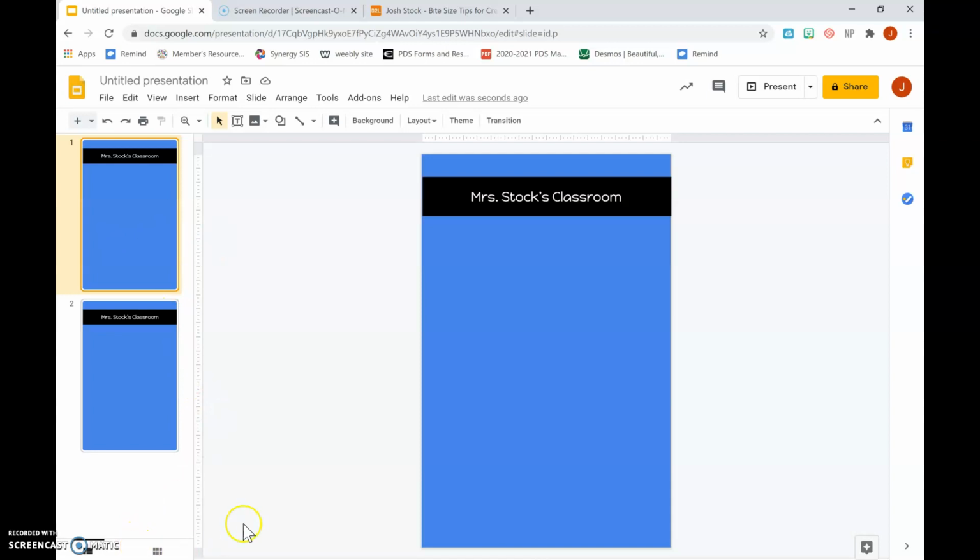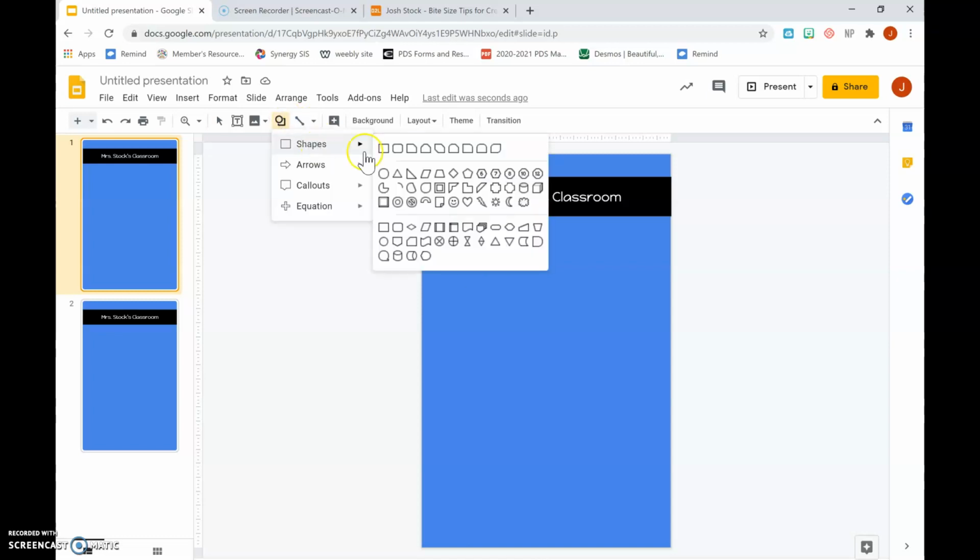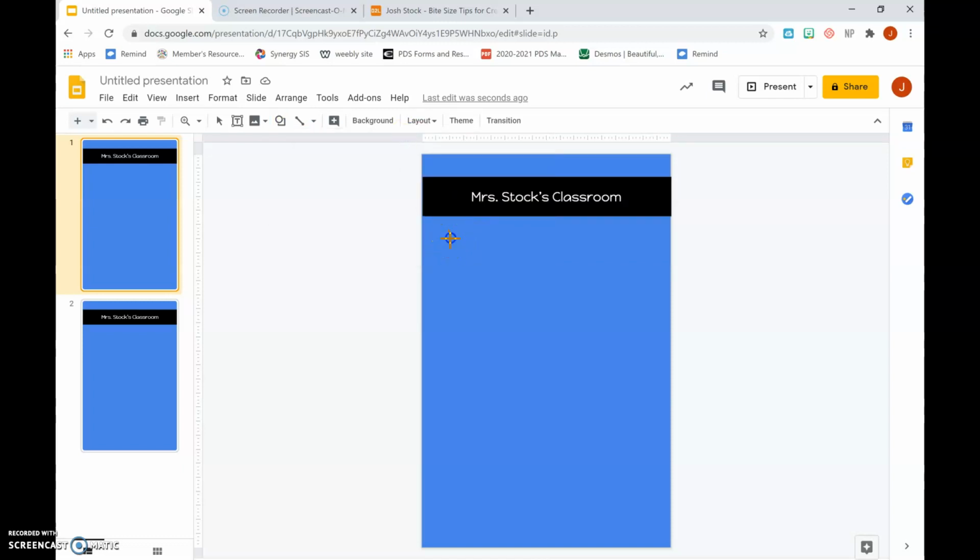So you're going to decide, what do you want it to look like? I had round buttons on mine. I'm going to maybe try square buttons on mine this time. So you go to Shapes, click on whatever buttons you want. Maybe let's do the square with the rounded edges. So just draw out your